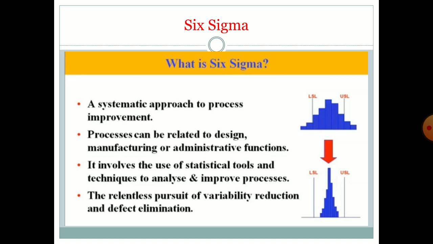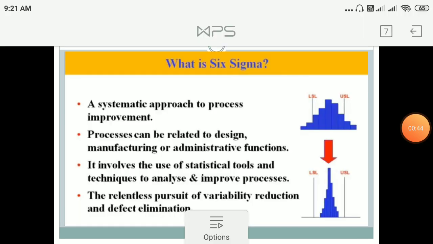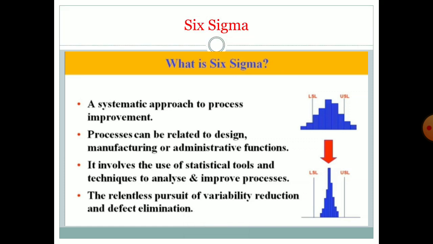So Six Sigma is a particular scientific technology that helps to reduce this variation. We can reduce this variation in a systematic way, and it is a very prominent tool to manage this variation within a limit. There is a basic scientific approach called the DMAIC approach. At the end of this slide, we'll see what the DMAIC approach is. Using that scientific method, we can reduce the variation and keep our product or process within an acceptable range. So we learn here that the purpose of Six Sigma is to reduce the variation.